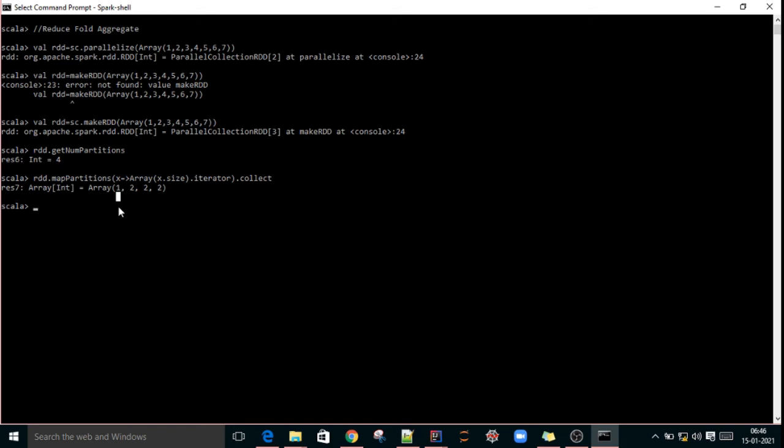Now the RDD is divided into different partitions. If you want to add, sum all the partitions' data, at that time we can use reduce, for arithmetic operations.